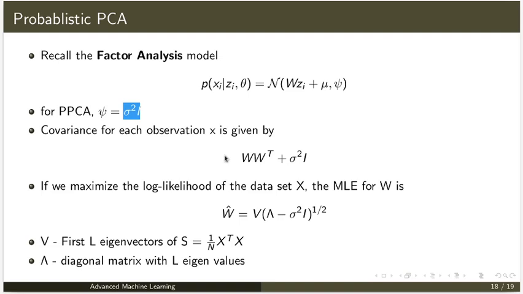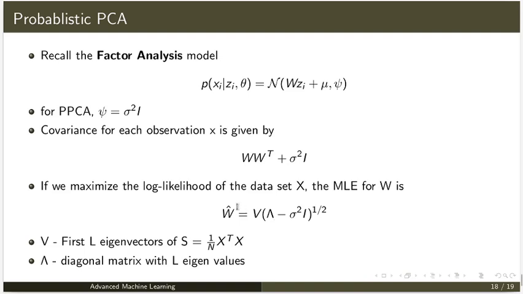If we maximize the log likelihood of the data set X, the maximum likelihood solution for W turns out to be the first L eigenvectors of S equal to 1 by n X transpose X. And this is your diagonal matrix with the first L eigenvalues.